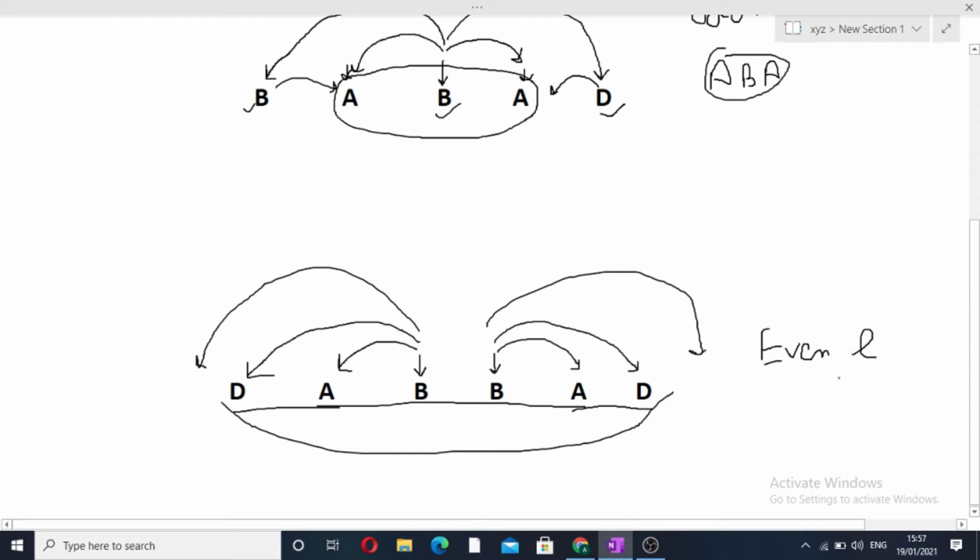Using 2 pointers we can find even length palindromes, and using 1 pointer we can find only odd length palindromes. So for every particular index we have to find both even length and odd length palindromes, and then compare which one has greater length, and output it as our answer. So this was the entire approach. I hope you understood this approach. Now let's write the code of this approach.